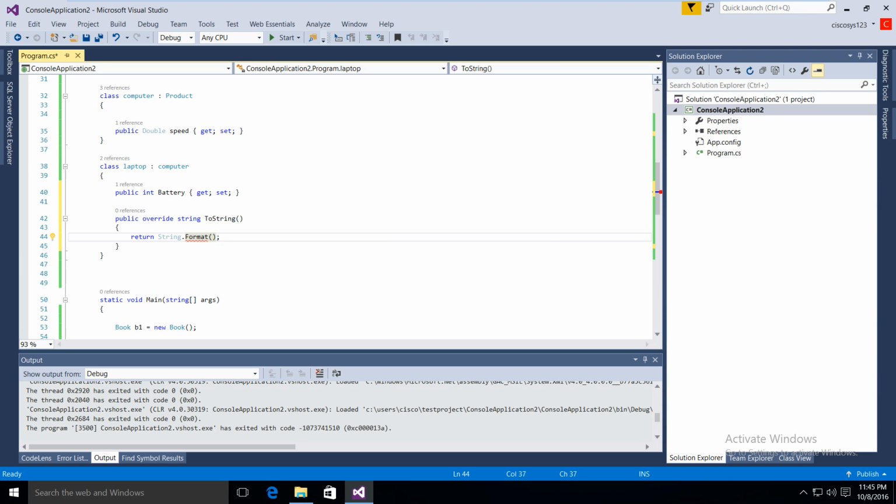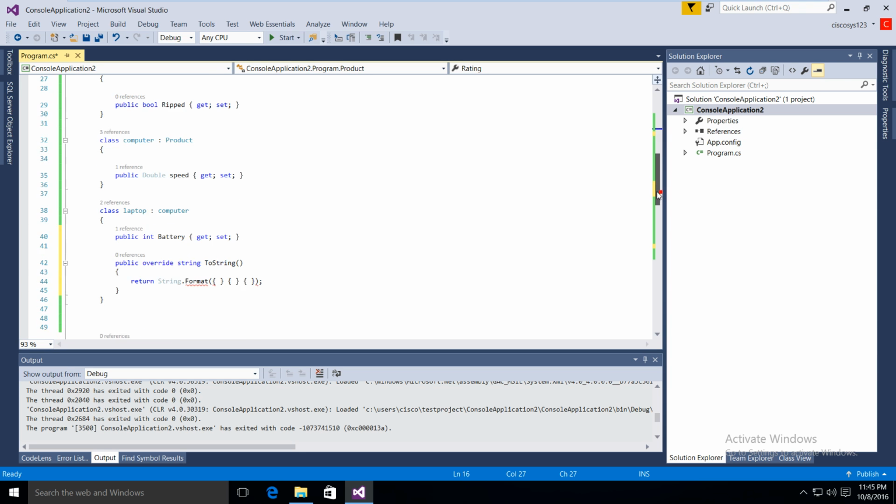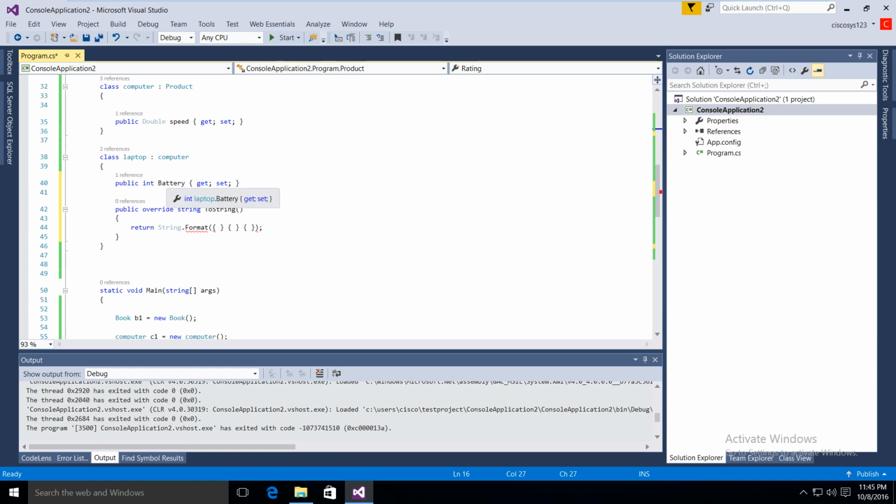So I'm gonna write here string format, and 1, 2, 3. So how many does this have? Name, price, rating, and it has a battery also. So I'm gonna make a fourth one. I'm gonna write here 0. So I have to write it this way. It gets overloaded, somewhat like this. Yeah. So I'm gonna write here 0,